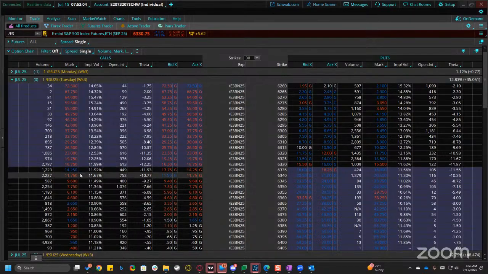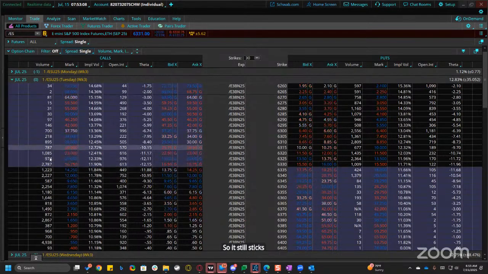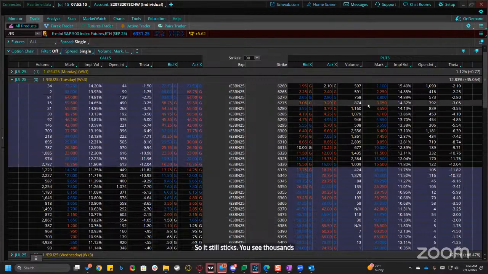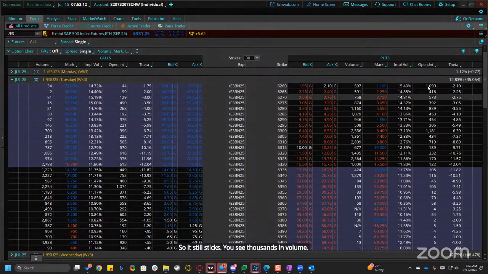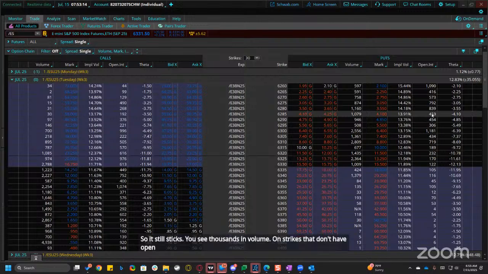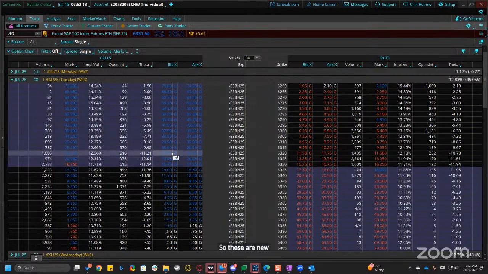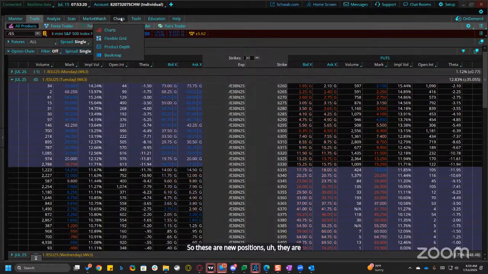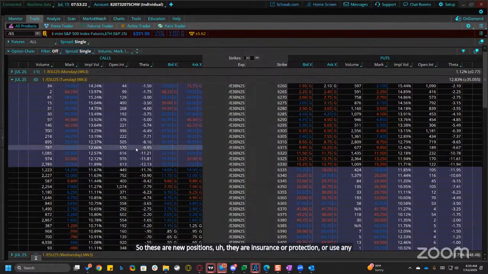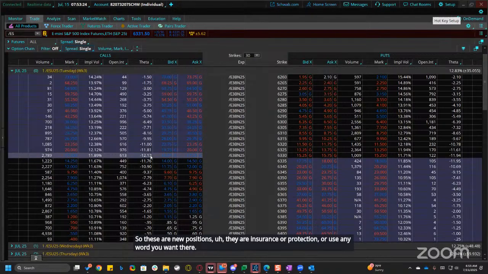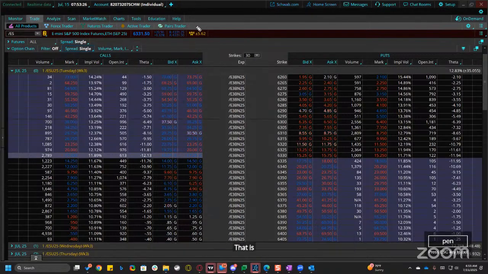Yeah, still bigger than, so it still sticks. You see thousands in volume on strikes that don't have open interest greater than that. So these are new positions. They are insurance or protection, or use any word you want there. That is causing the market maker move